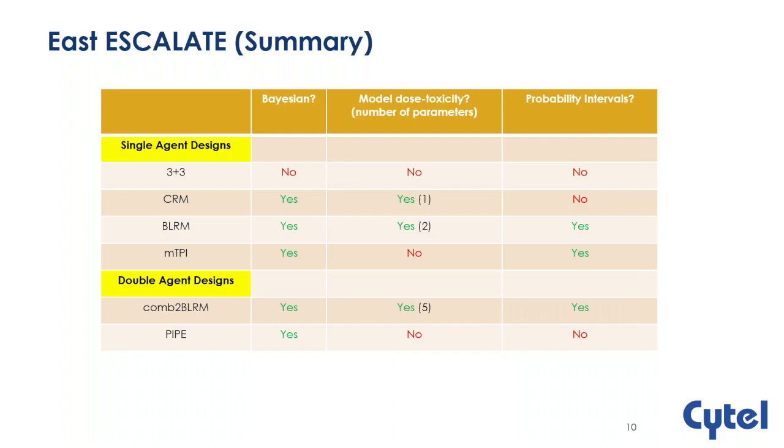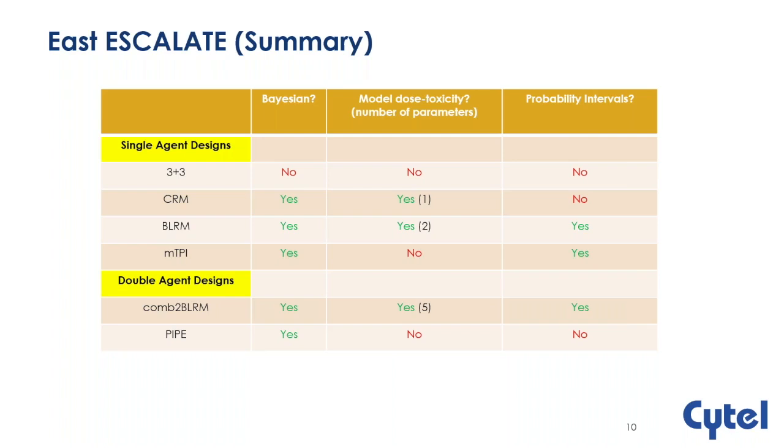of toxicity. We have the CRM and the BLRM, continual reassessment method, and the Bayesian logistic regression model, which are model-based approaches. They're Bayesian in nature, so they utilize the Bayesian updating, and they provide a model for the dose toxicity relationship, which is going to be updated every time you get another cohort of subjects. And we also have a hybrid between these two, the modified toxicity probability interval approach, which has some of the advantages of both methods